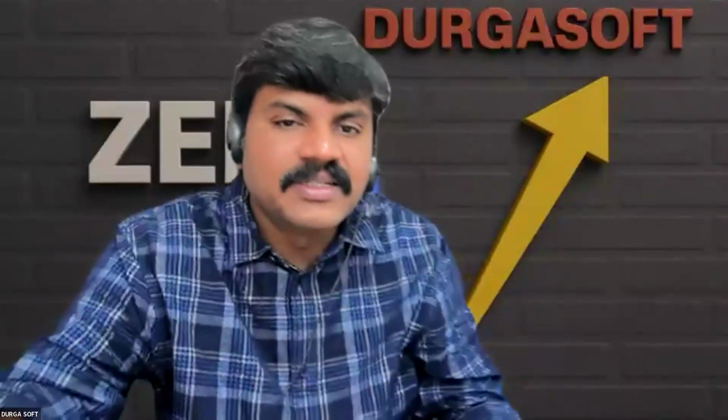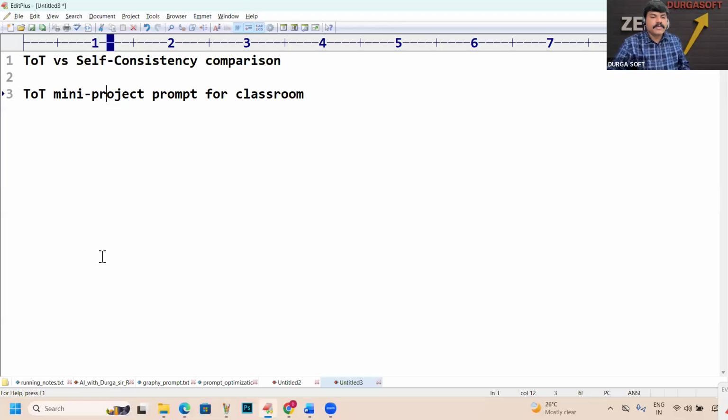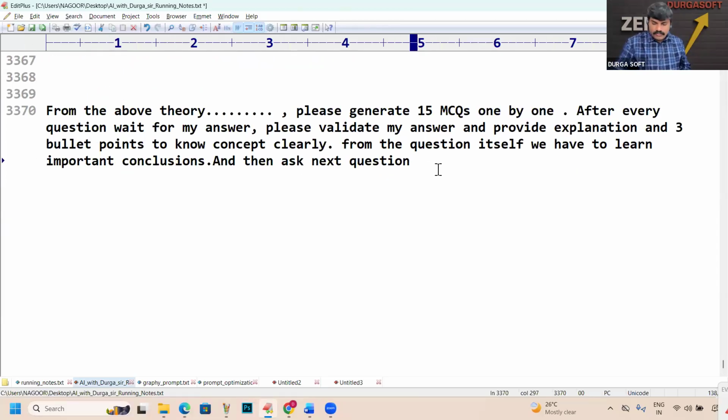What is TOT? Can you please confirm, friends? Yes, sir. Do you want me to give 1 or 2 lines of notes before going further? Yes, sir. Yeah, because it's going to be very helpful for you people. Okay, just have a look once.